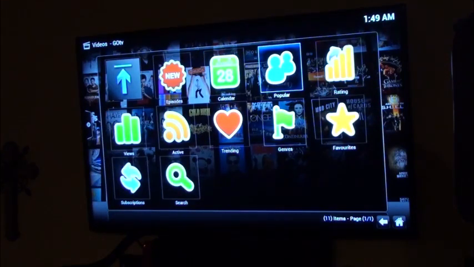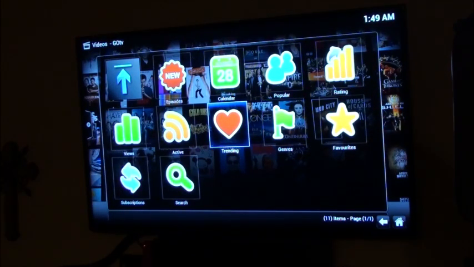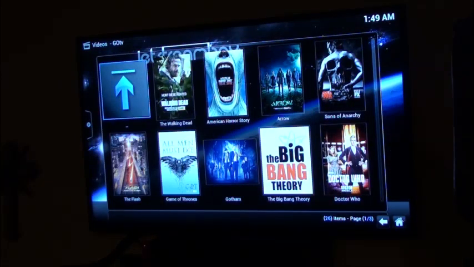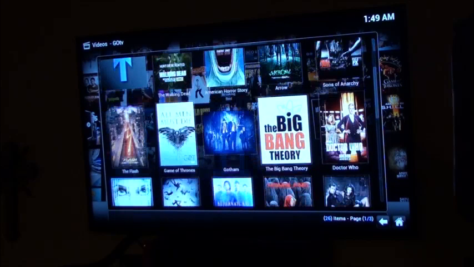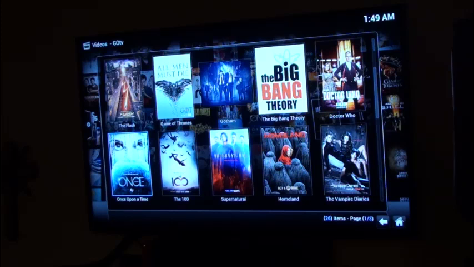And then there's what's trending, so what's popular, right? How many people get views, genres, and what's popular. So let's see what's popular right now at the moment. Here we have The Walking Dead, American Horror Story, Arrow, Sons of Anarchy, Doctor Who, The Big Bang Theory, Gotham, Game of Thrones, Flash. Flash is actually a pretty cool show. I haven't had a chance to watch it, but my son was really into it. And Once Upon a Time, I know my brother's really heavily into it. So let's open up Once Upon a Time